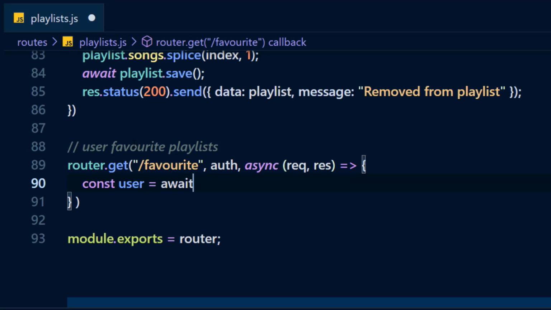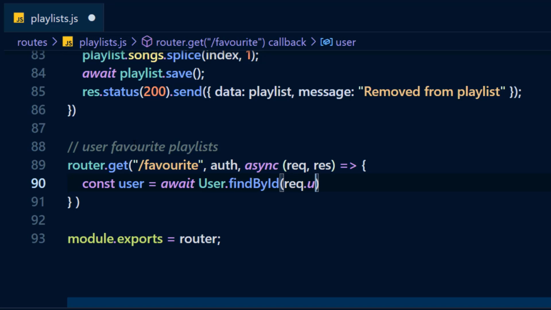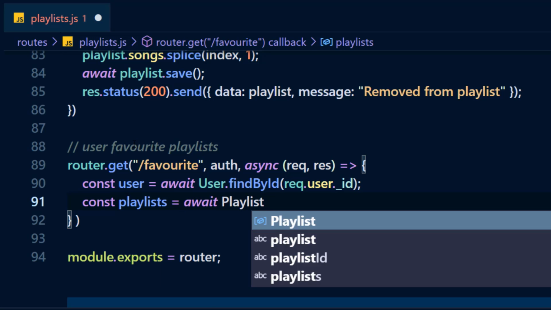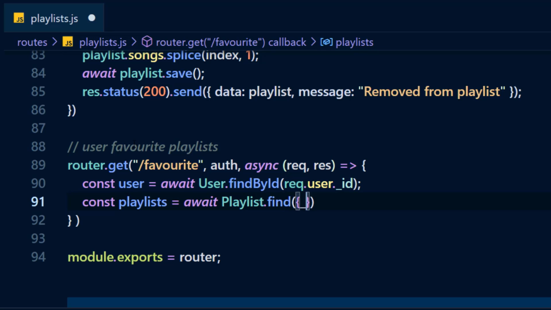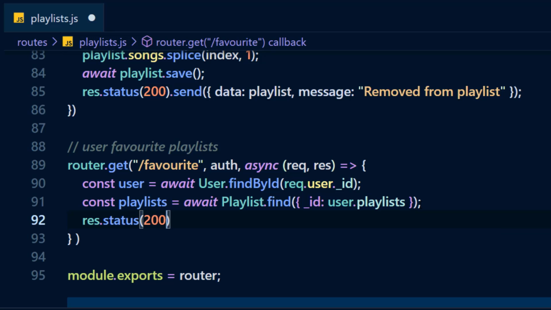Const user is equal to await User.findById(request.user.id) and const playlist is await Playlist.find, and we're going to give an array of playlist IDs. Then we're going to return a response of status code 200 and send the data of playlists. Okay,